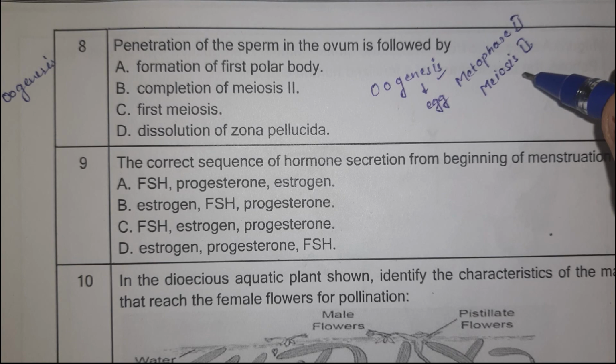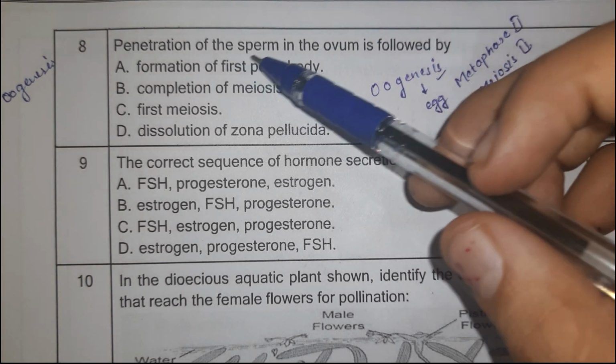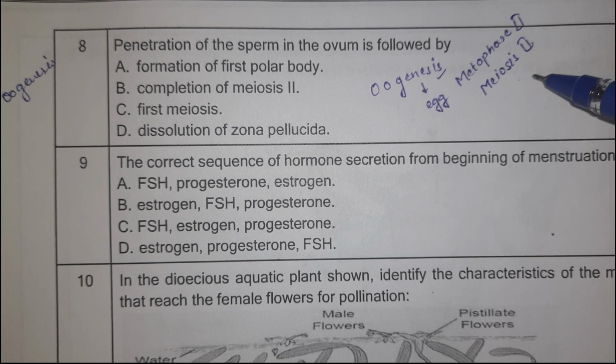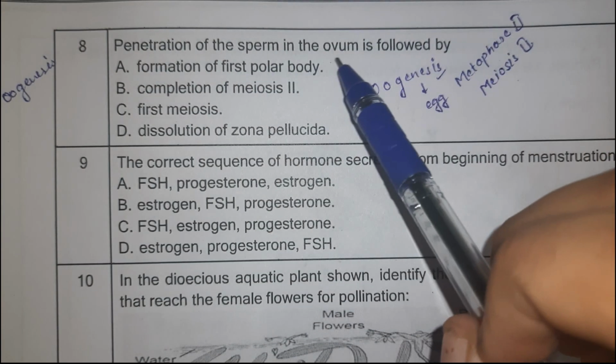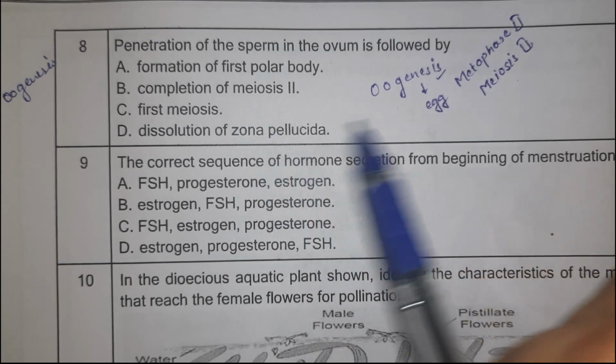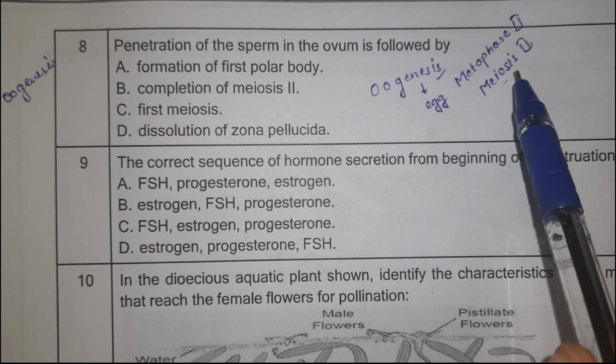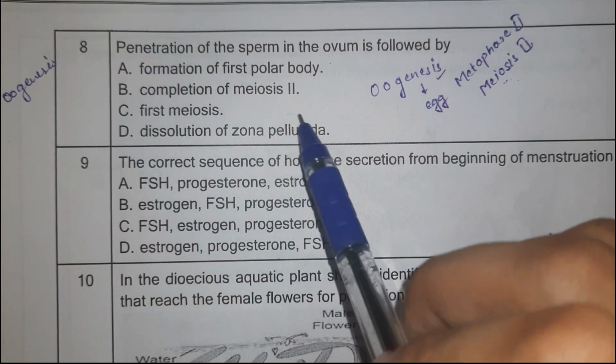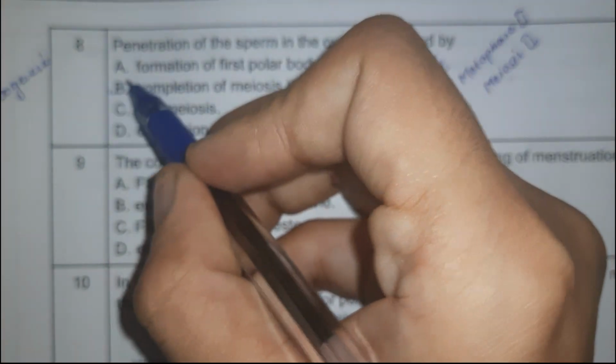Until and unless fertilization will occur and penetration of sperm will occur, this will remain arrested in the metaphase 2 of meiosis 2। जैसे ही स्पर्म की एंट्री होगी वैसे ही जो ये पर्टिकुलर स्टेज है वो अपना प्रोसीड कर लेगी और कंप्लीशन हो जाएगा meiosis 2 का। सो ऑप्शन B विल बी करेक्ट।